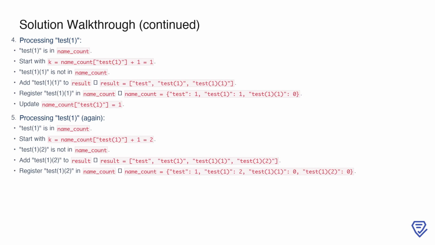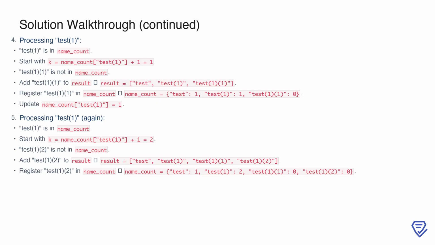We register test 1 in name_count and update name_count[test 1] to 1. Then, we process test 1 again. Using the updated value of name_count[test 1], which is now 1, we calculate k as 2. The name test(2) does not exist in name_count, so we add it to result, updating it to